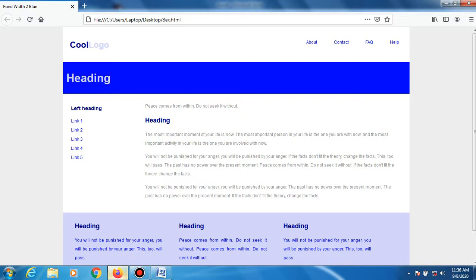You can even insert a logo at the top left of the page. This web page is a template, a pre-built template.